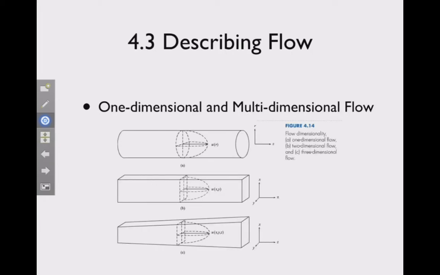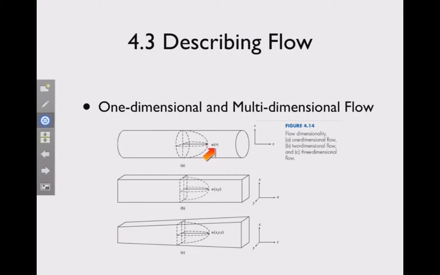Finally, we have dimensional flow, looking at increasing dimensionality of flow. And in this case, you might initially think that situation 1 and 2 are not that different, but if you look carefully, you can see that this is cylindrical flow, and really all that we have to describe the parabolic shape of this flow regime in here, the velocity of this, is really we only need the